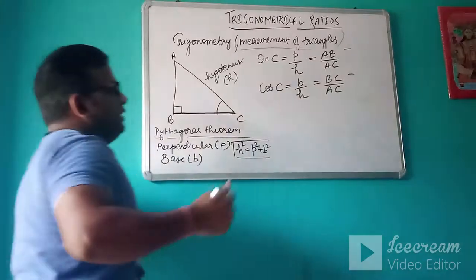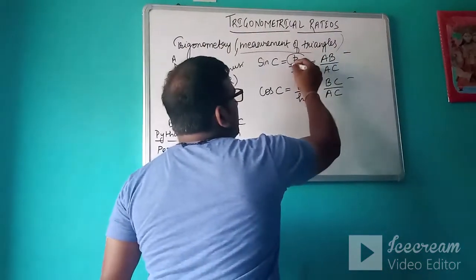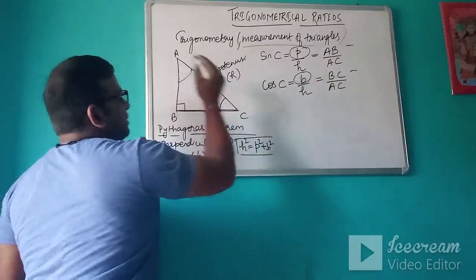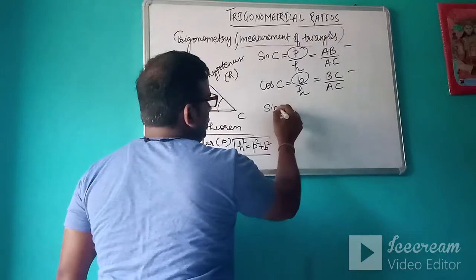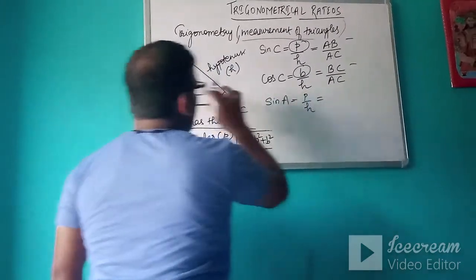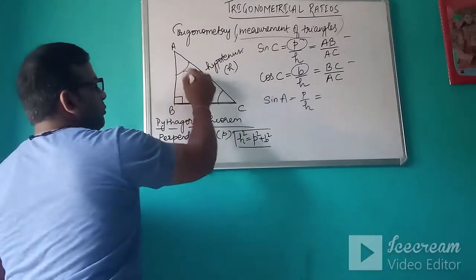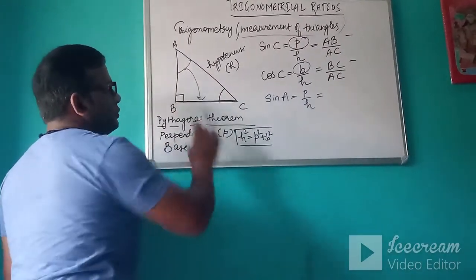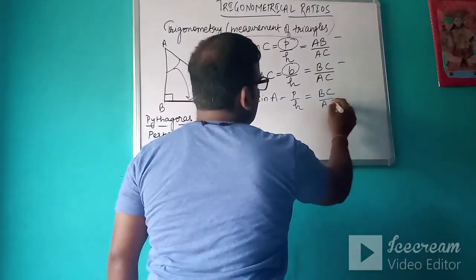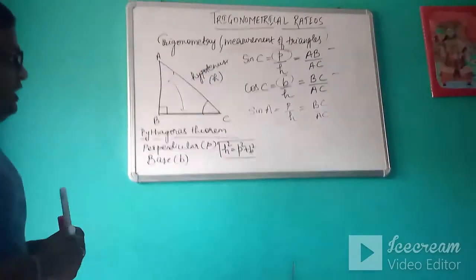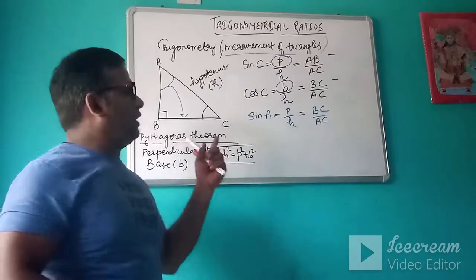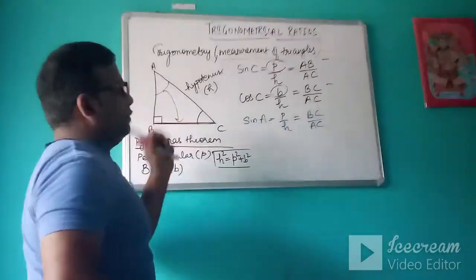Now let's talk about this P and B. It is very important. What is P and what is B? Suppose I take this angle A and calculate sine of A. The formula will always remain the same, but in that case, the side which is opposite to this angle is BC. So for this A, perpendicular becomes BC. Understood? That is why I said perpendicular and base are reversible; you can replace them by any of the sides.